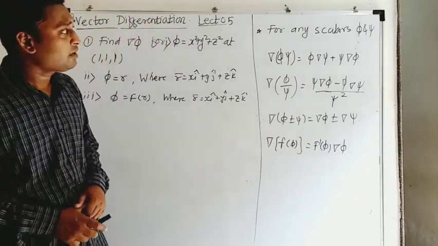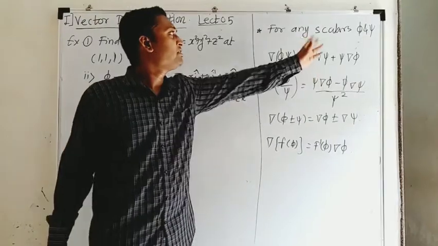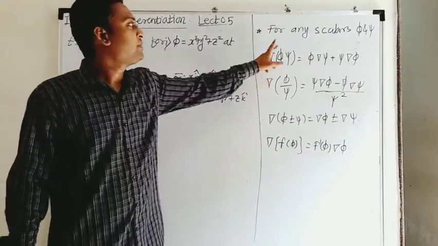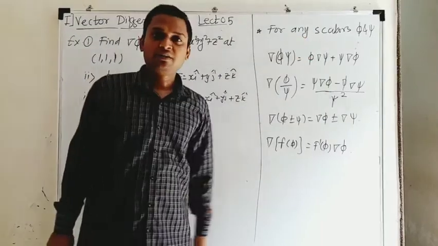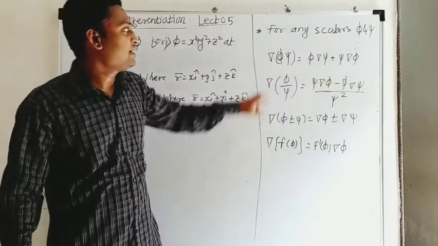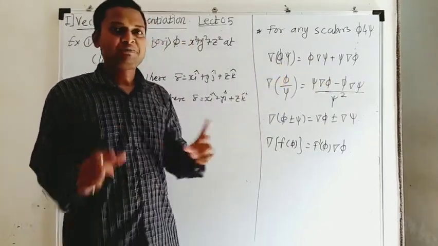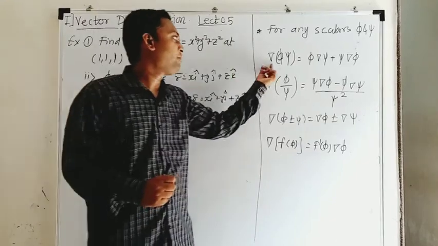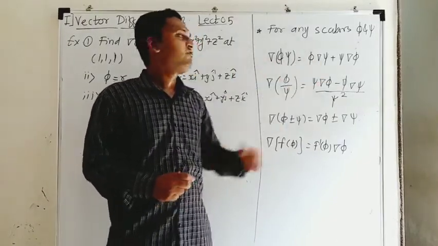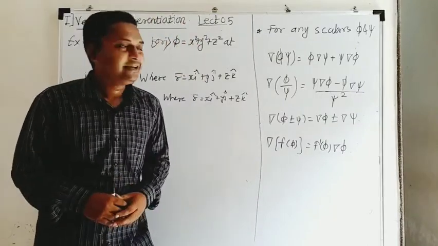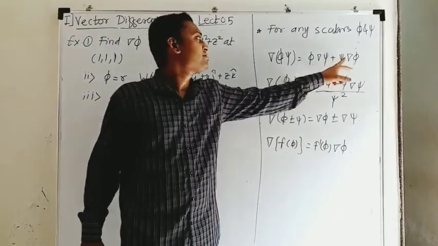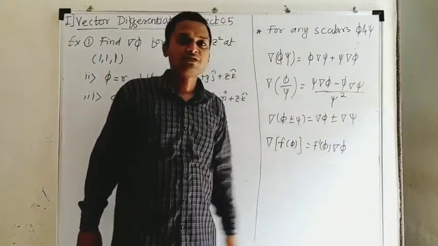Okay. Now on the right hand side I have written some rules of del, this differential operator. It follows these rules like our differentiation rules. If we consider two scalar functions phi and psi, and we take their multiplication, and operate del on that multiplication, since it is a differential operator, it follows this rule: phi del psi plus psi del phi. It is like the u into v rule of differentiation: first function as it is times derivative of second, plus second function as it is times derivative of first.